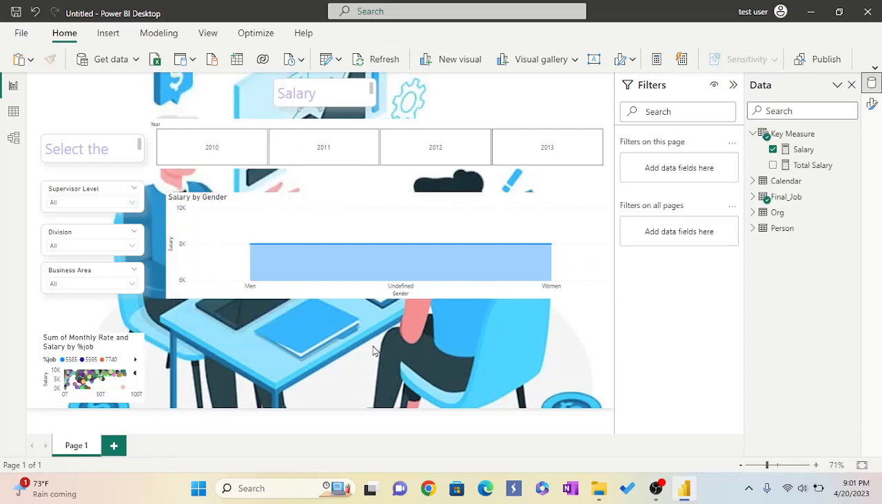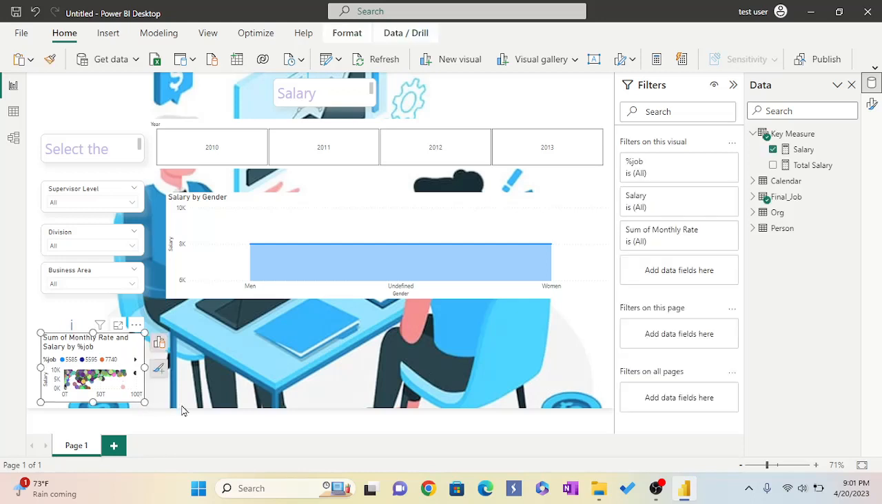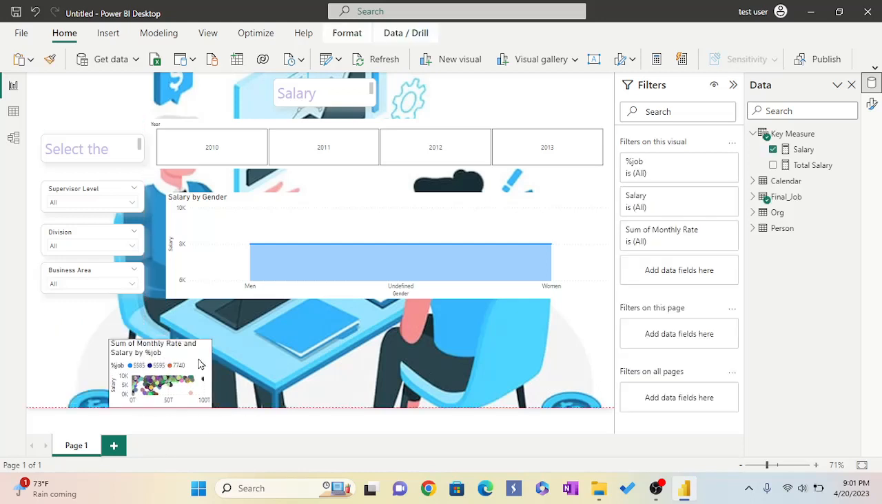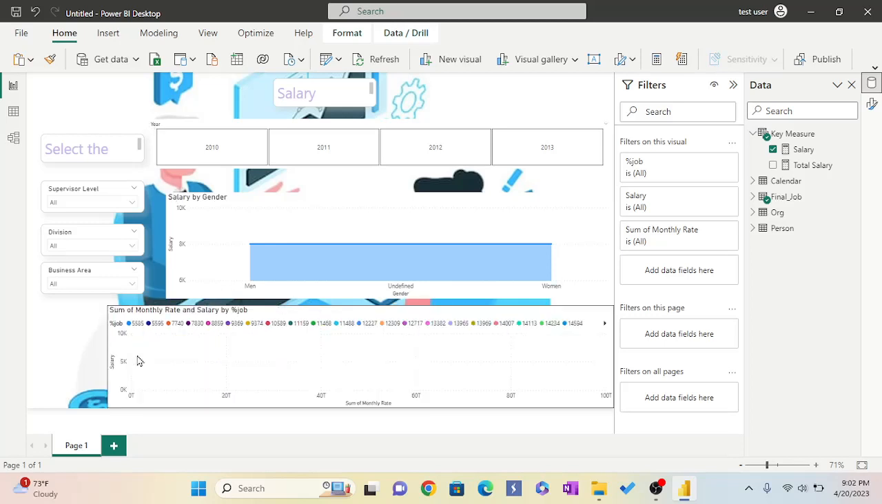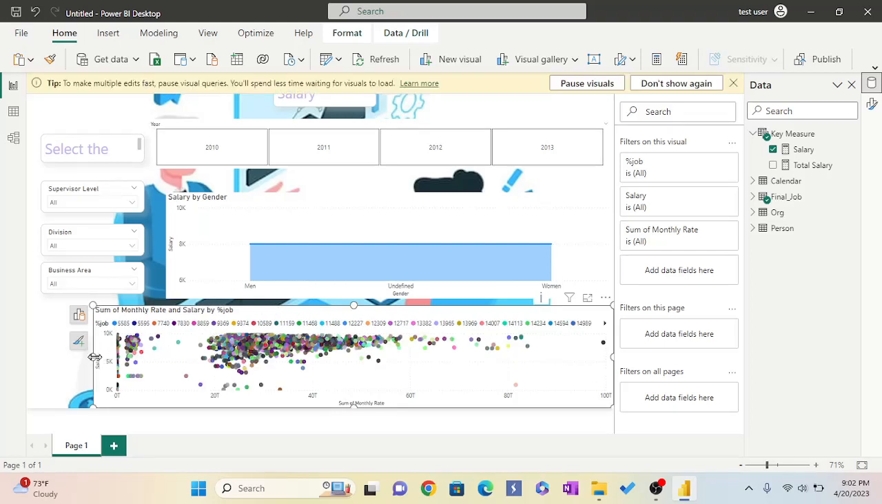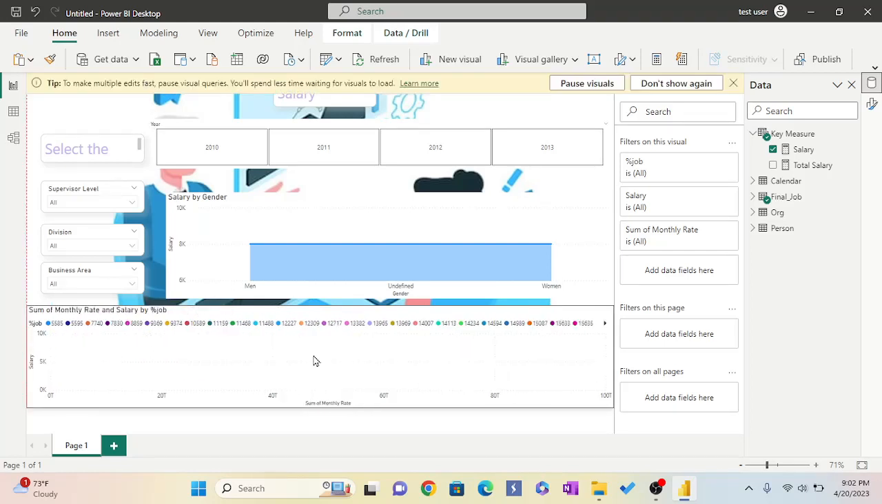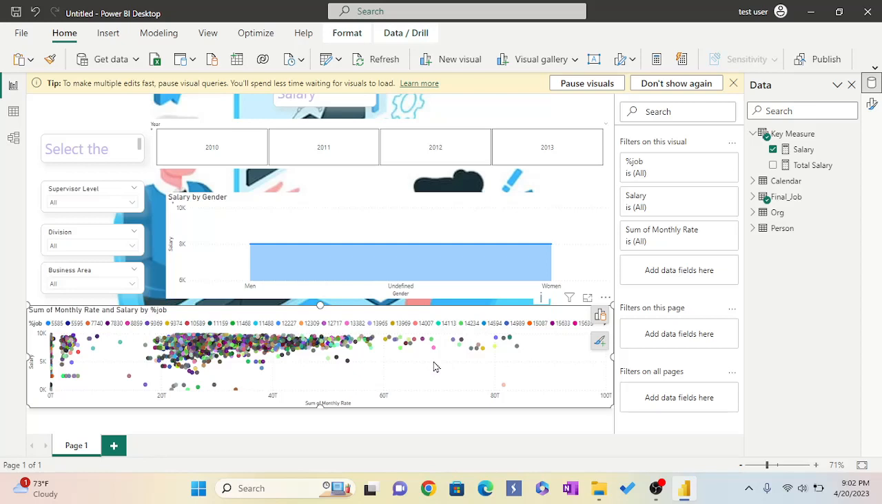So now we are going to enlarge this. Why can't I enlarge it? Oh, come on, yeah. Come on. Why can't I enlarge this? Okay. So here, now